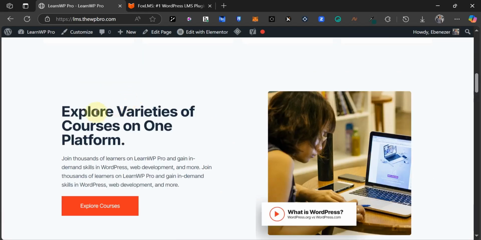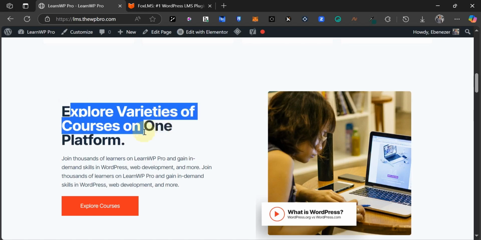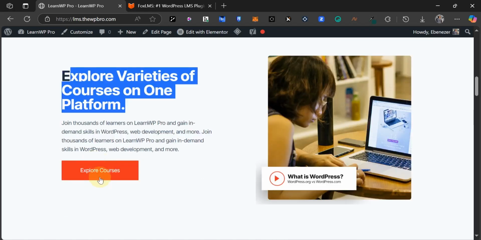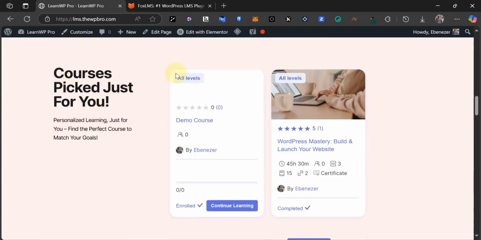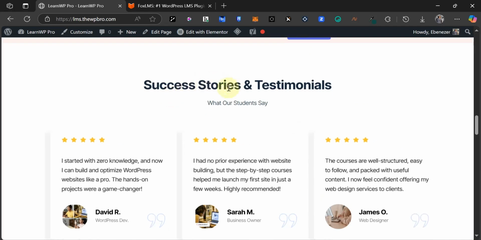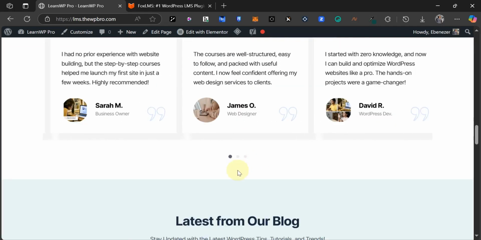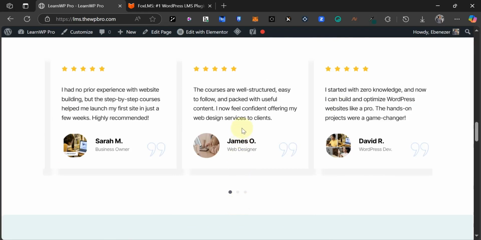And then we have the next section that talks about all the courses on our platform. It says explore varieties of courses on one platform. And then we have a link that will lead to a page where they can access all the courses that are available on our website. And then also I have a section where I just decided to showcase a few courses, and we have our success stories and testimonial section where you can talk about the good reviews that your students gave